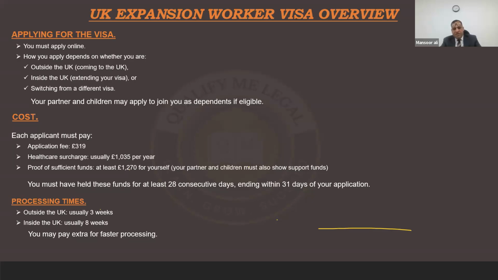Apart from opening the company, you need to demonstrate that you have a business place, you have hired a business place, you have opened a company, and you have certain funds in order to establish this business, and thereafter you can apply for the UK Expansion or franchise visa. This is the whole crux of this visa category.